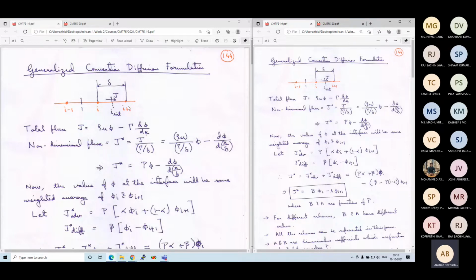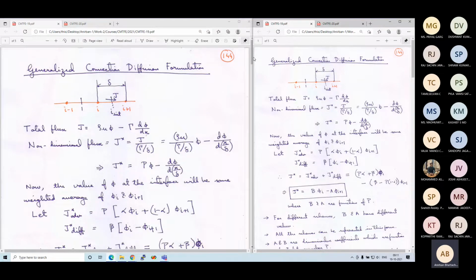So all these different schemes can be put together in a generalized form, and we will see it today. The advantage is that we can write a general code without bothering about what scheme is going to be used, and just supply it with a single piece of data which is required for a particular scheme. We will see later.